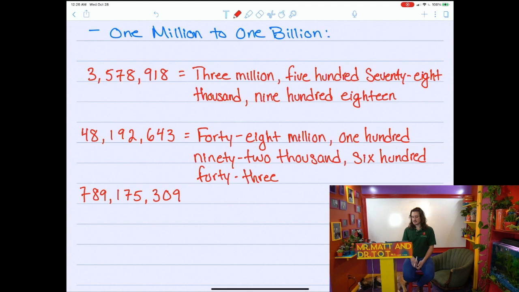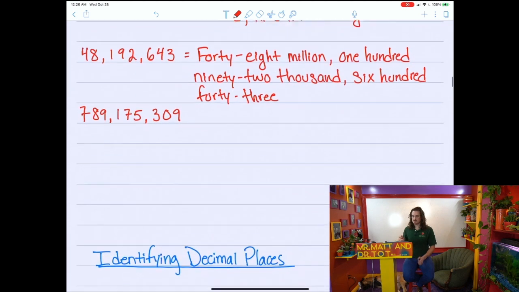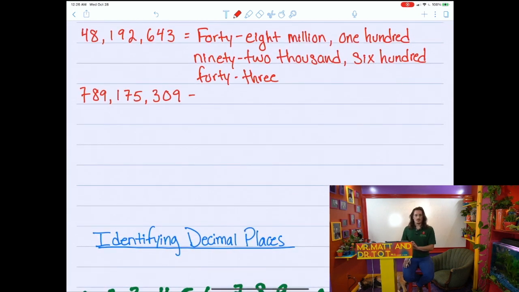If there's any questions, please let me know. Otherwise, let's look at this last one here. We have 789,175,309. My apologies, that confused me there. So we have 789 million, 789 hyphenated, 80-9, and that's in the millions,